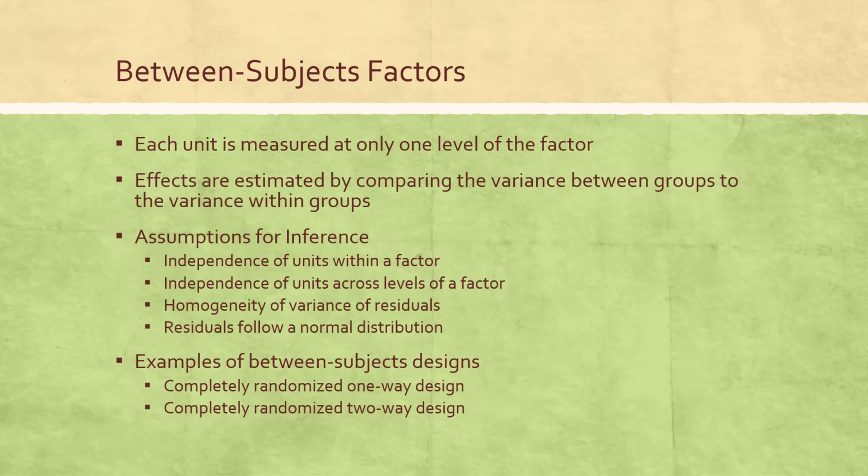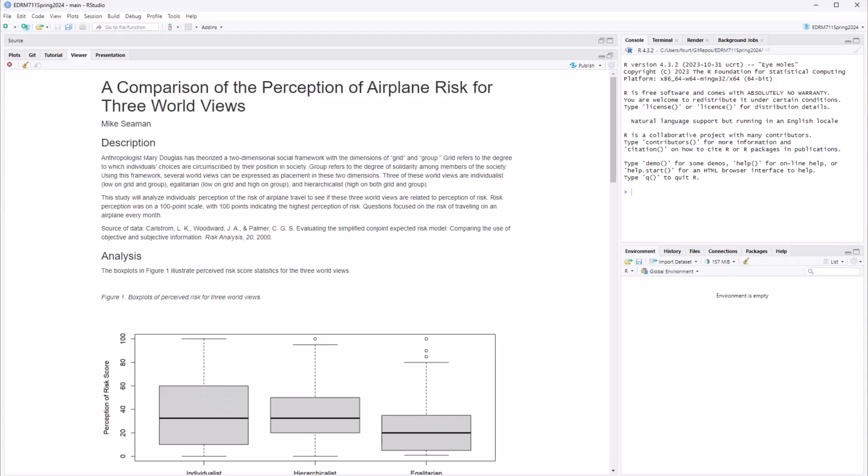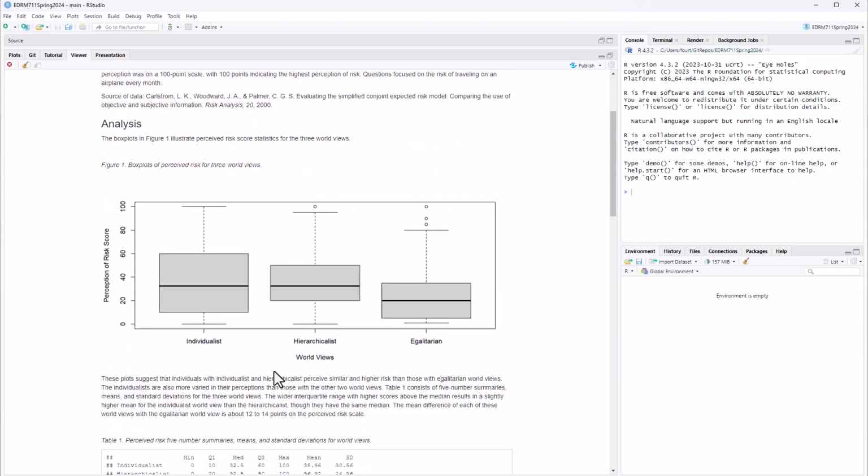The key element of between subject factors is that each unit is measured at only one level of the factor. I'm going to refer back to what I did in previous videos with between subjects factors. Here I have an example in which we looked at the perception of airplane risk for 3 worldviews. So if you look down at our first graph, figure 1 here, that we created when we were going through